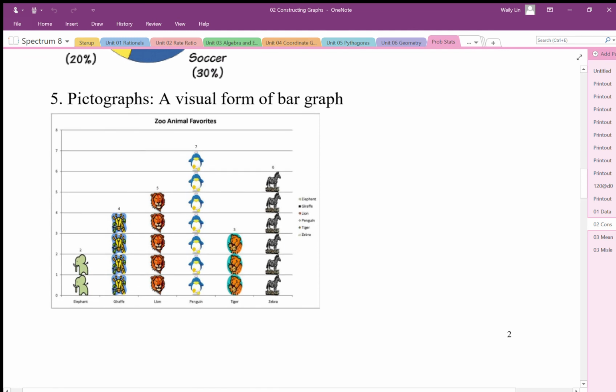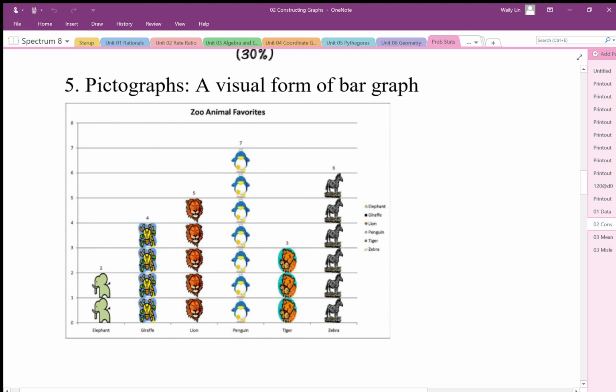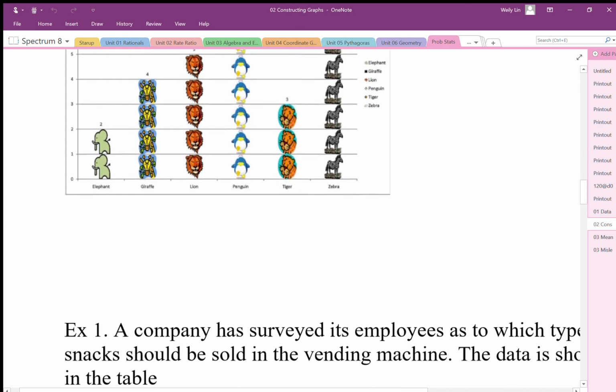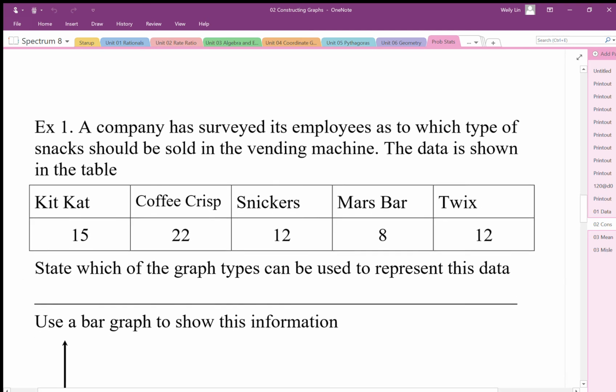Pictographs are just another type of bar graph. They're just a little bit easier way to see them for some people. And we can see that they go up in increments of these different pictures as well. So we can see